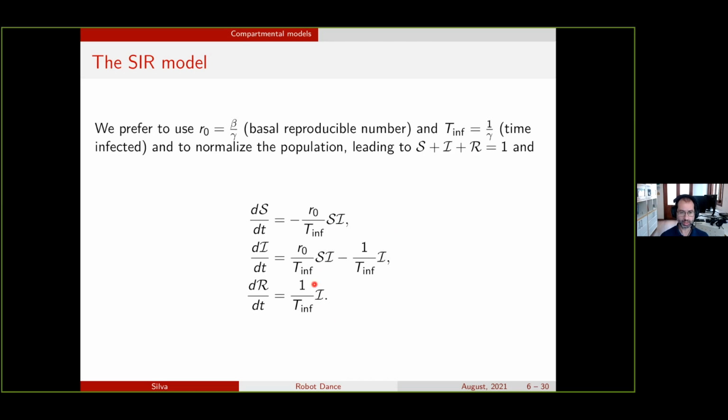You arrive at this differential equation that has this extra constraint here: if your initial condition respects this constraint, since the sum of the derivatives is 0, because everyone that leaves one state gets inside the other state. So there is always this relation that what leaves S enters into I, what leaves I enters into R. So the overall population is preserved, it is constant throughout time. Once your initial conditions conform to this assumption, any solution of the differential equation will also obey this constraint.